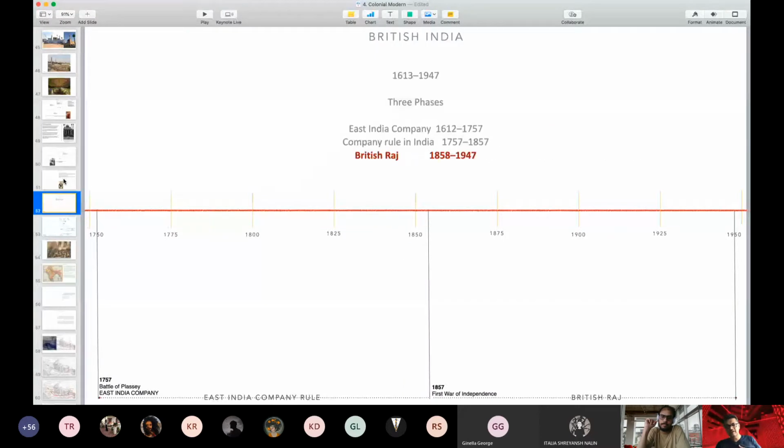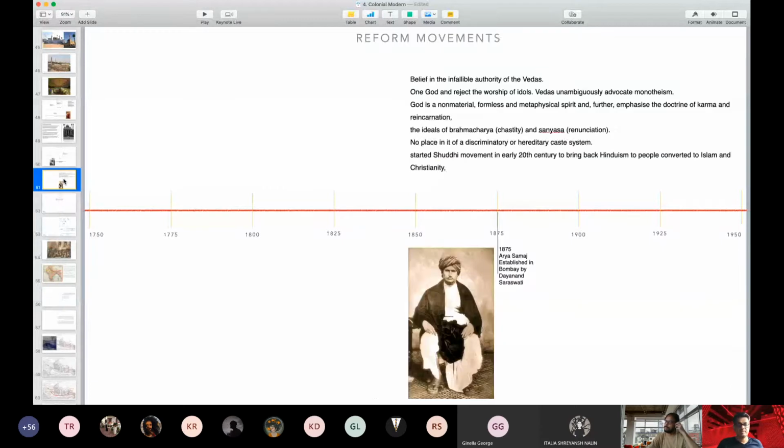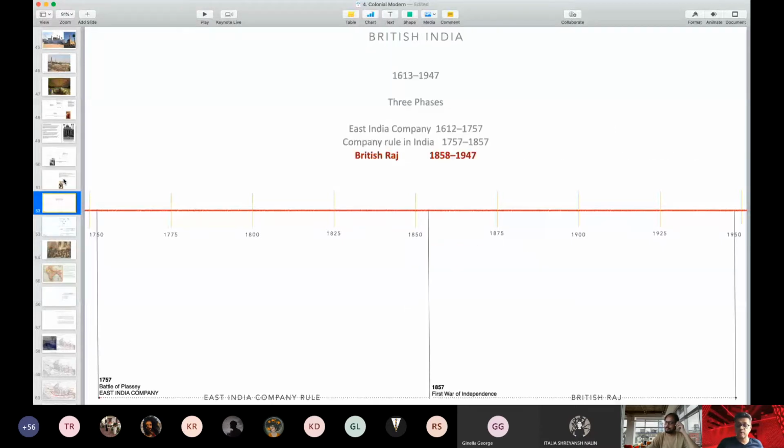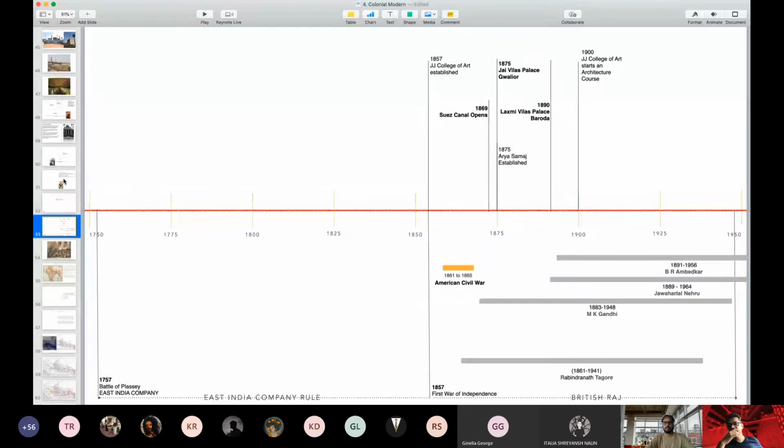Now we come to the third phase, which is the final phase of this entire group, and this is when the British Raj happens after 1857. The country is thrown into turmoil, and Queen Victoria then steps in saying that we will rule this country directly and we'll make it part of the Raj. This is the time when whom we call our modernists, or the ones who build our nation as such, Tagore, Gandhi, Nehru, Ambedkar,